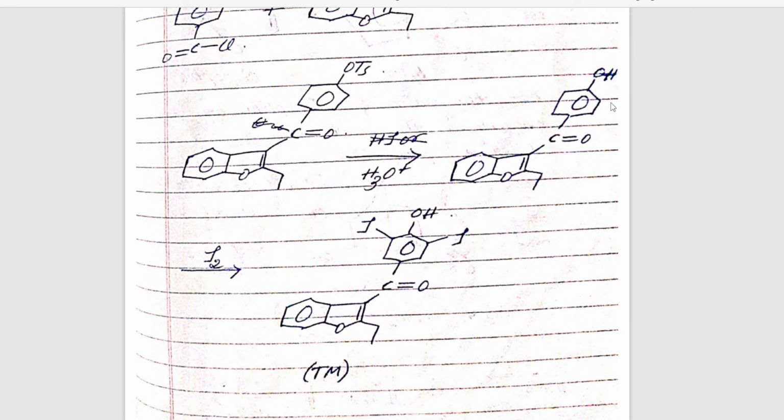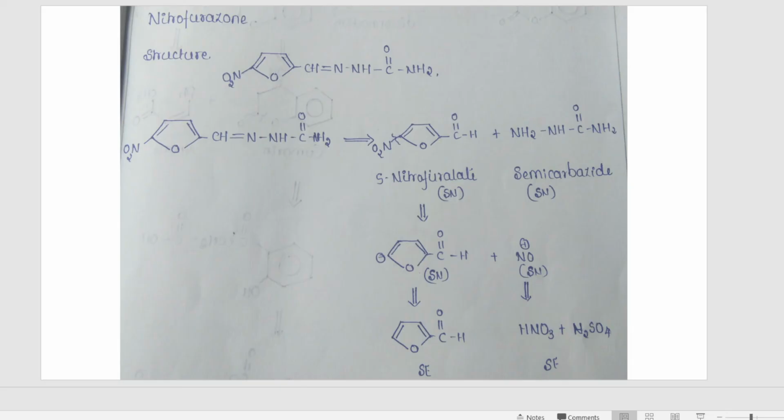What is the last step, students? You need two iodines attached over here, two iodide ions to be specific. So you will do halogenation, that is you will add iodine, I2. So this is a very simple step. You will add I2 and you will get two iodines attached. So finally you have synthesized your benzoyodron molecule. So this is another synthesis of benzoyodron.